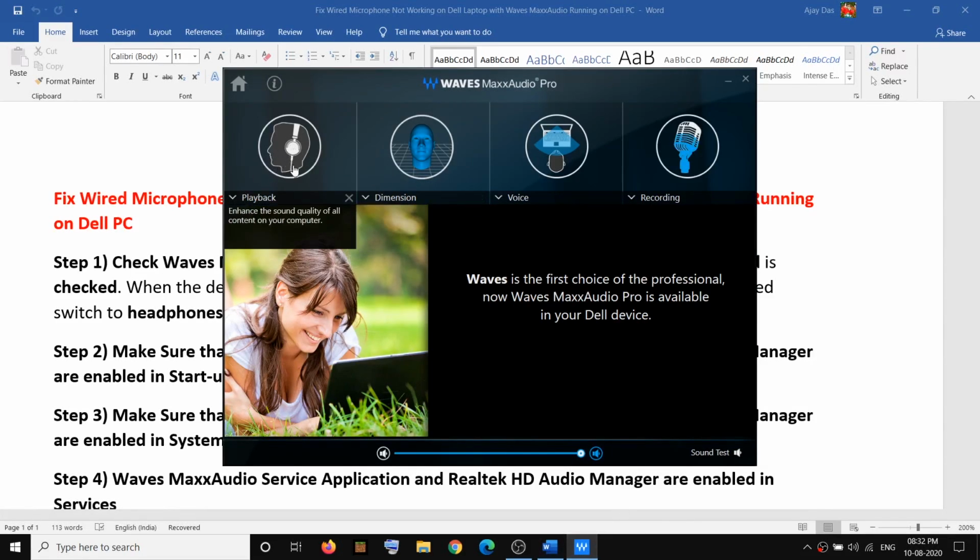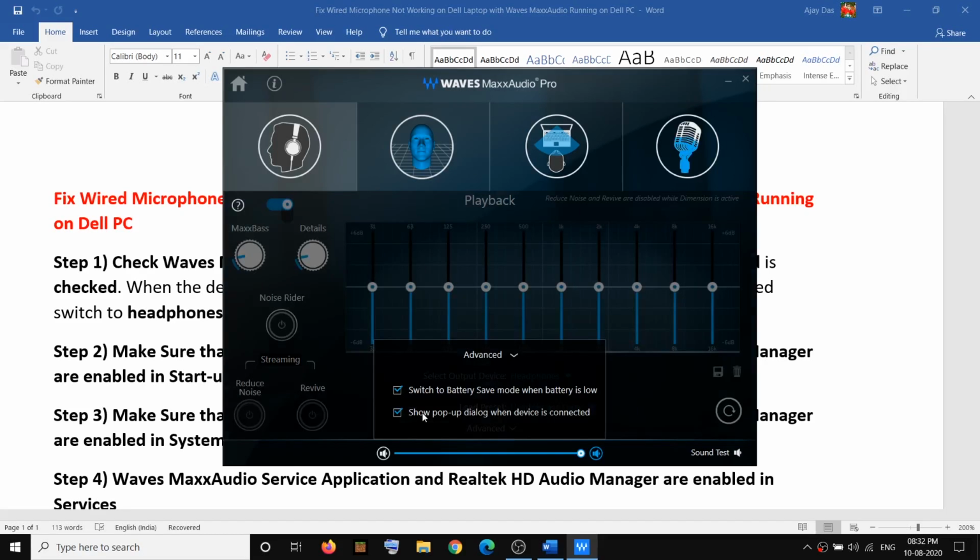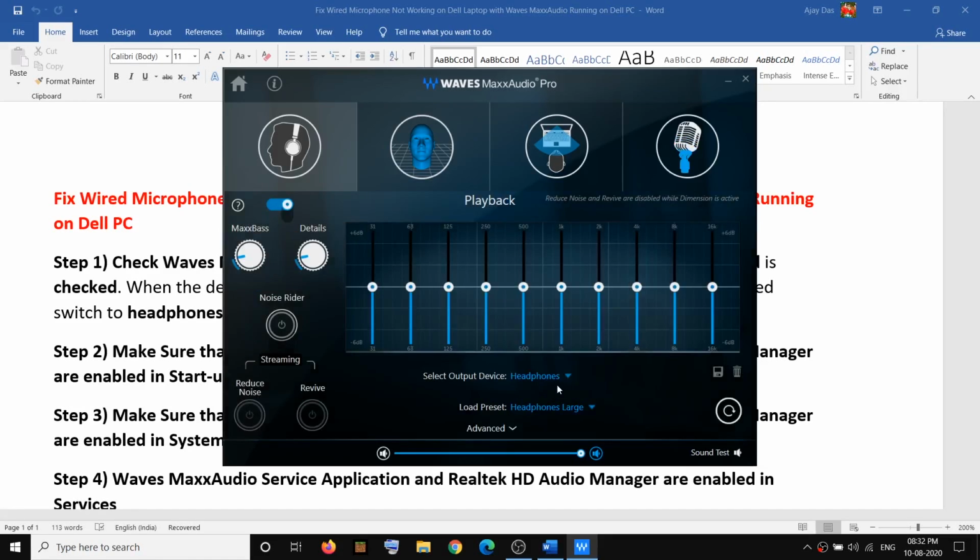Then go to playback, click on it, and then here you can see the advanced option. So click on this down arrow, and here you can see the option which says show pop-up dialog when device is connected. So make sure this one is checked over here. If this is unchecked, go ahead and check it, and also make sure that you select headset.